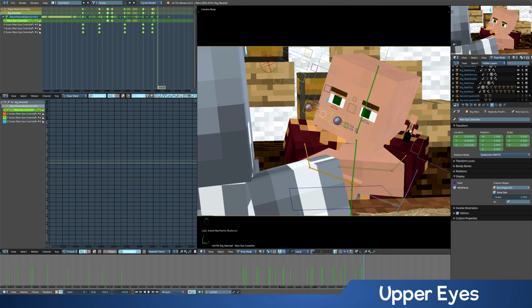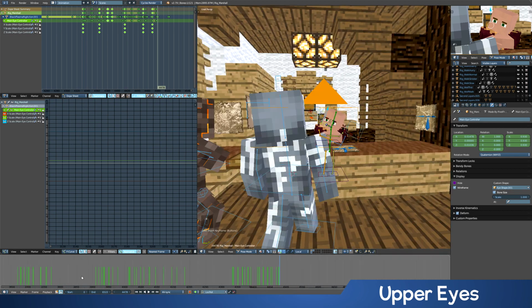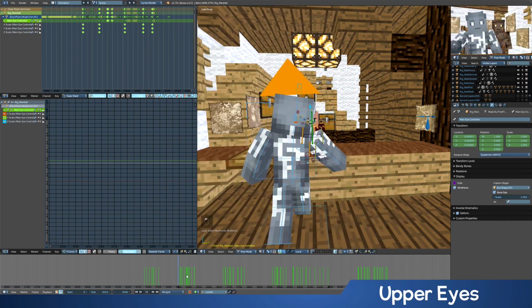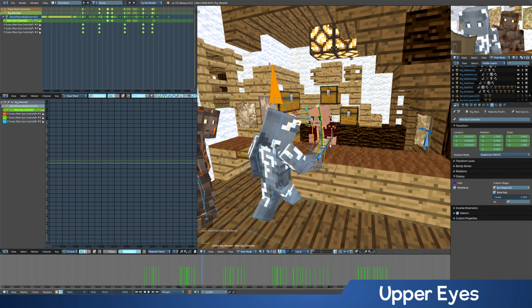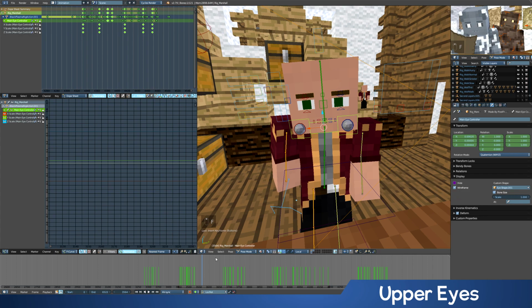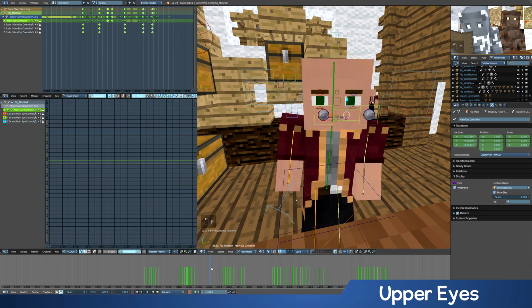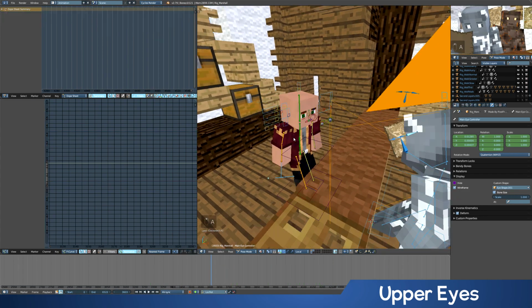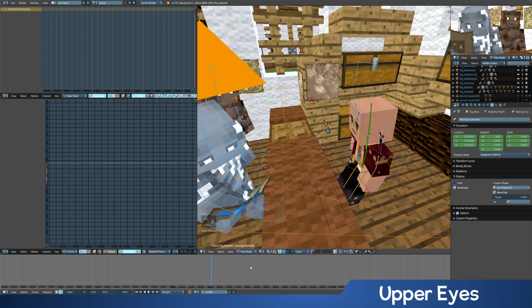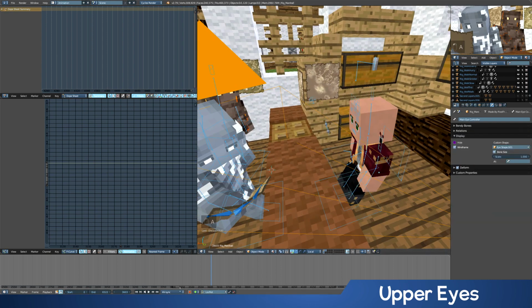Back into Blender. Okay, for a moment, let's turn off auto keyframe, and let's go back to kind of the beginning of the scene. Let's try to find a point where he's just kind of standing, kind of neutral, and I'll show you why in a moment. Maybe like right around here. Okay, that's a pretty good neutral pose. What we're going to do is go in object mode, unselect everything, make sure keyframe's off,